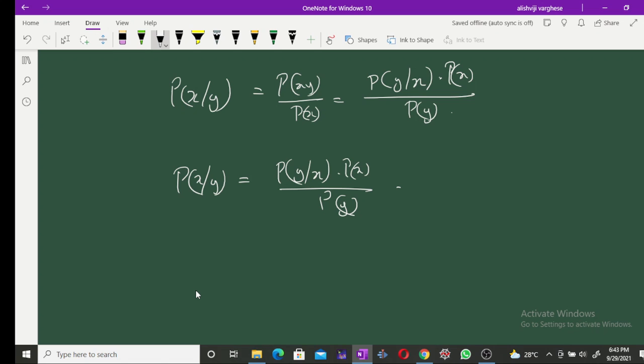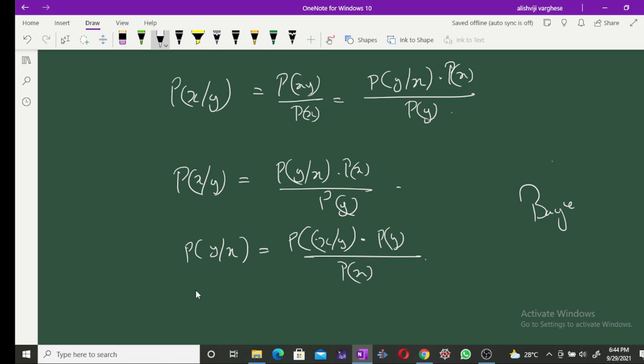And obviously we can rewrite it as p of y given x is equal to p of x given y into p of y divided by p of x. This particular rule is known as Bayes' theorem,